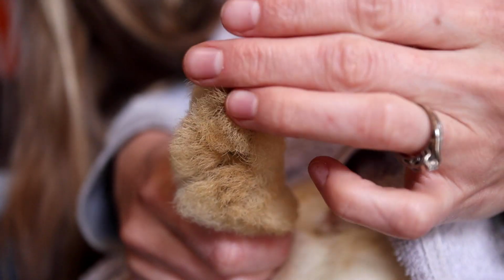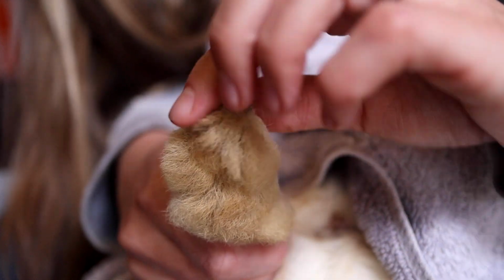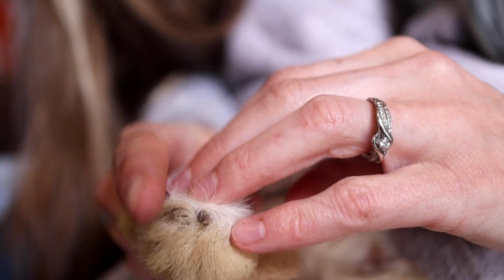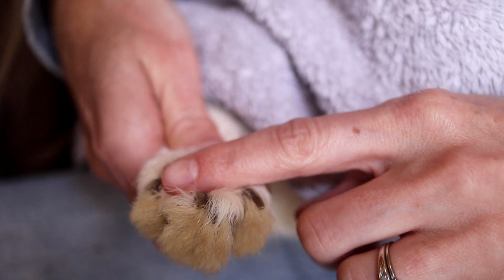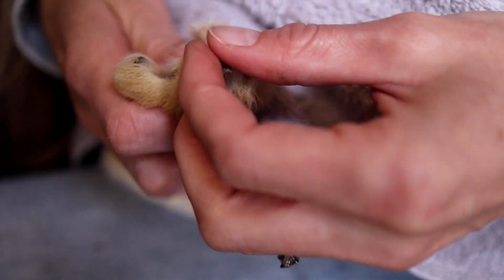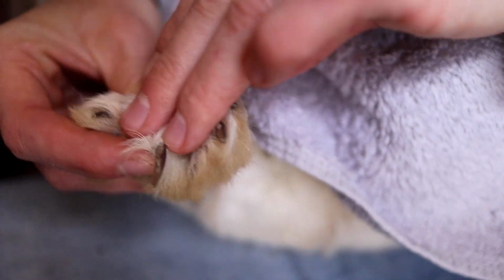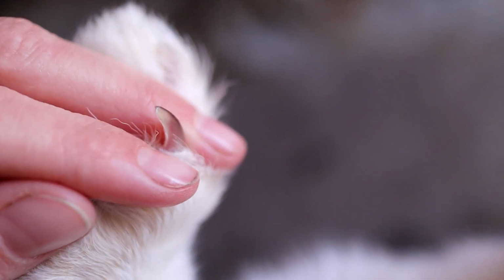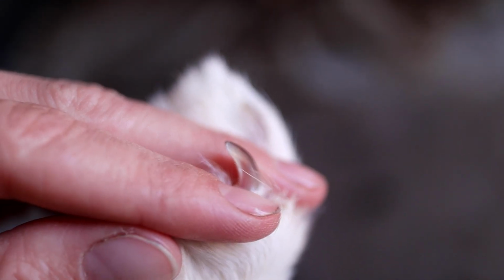So this is her back foot, and I'm gonna push down on the hair just so you can see the claws, but that's them. And if you look really closely, and I'm not really sure if you're gonna be able to see it on a video like this. So when you push the fur up off of the nail, it might be a little bit hard to see in her nails because they are a little bit dark, but you can kind of see a little bit of redness within the nail. The redness is where the vein is,